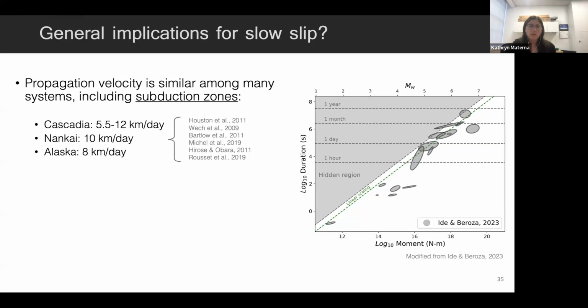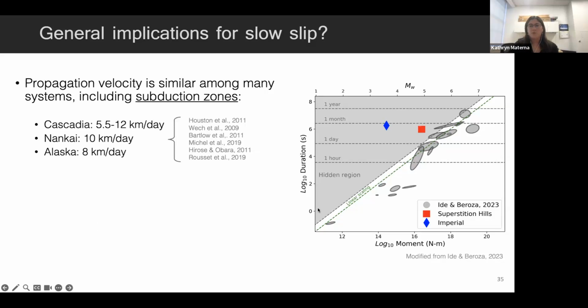And these are both observables, so it does make sense that we can learn something by relating one to the other. So the two creep events that I have analyzed in the data section of this presentation, they plot on this plot right around here. And at first glance, it looks like this breaks the scaling relationship, but it doesn't necessarily break the laws of physics in any way. A recent reanalysis of this data by Ide and Beroza in 2023